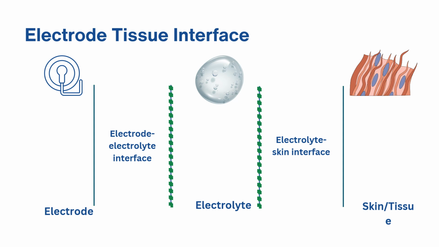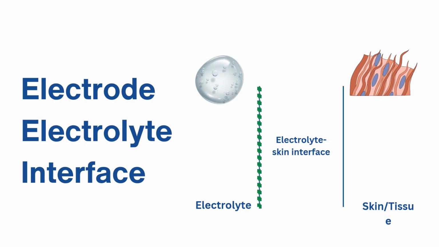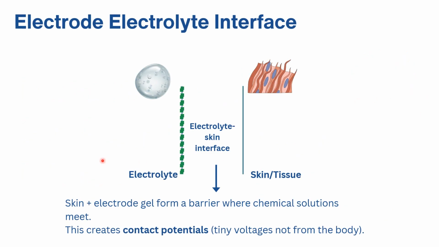Now that we have seen the electrolyte interface, we will see the electrode tissue interface. So we saw electrode and electrolyte, how this electrode and gel reacted. Now we have to see how this gel and skin are going to relate, or how they are going to react. Right? So to know that, we can understand that when skin and electrode are separated